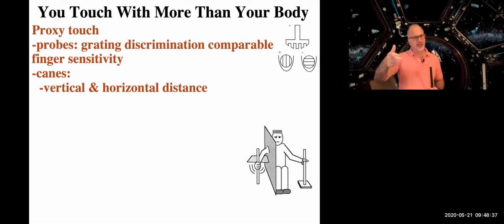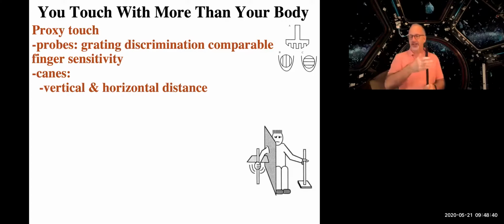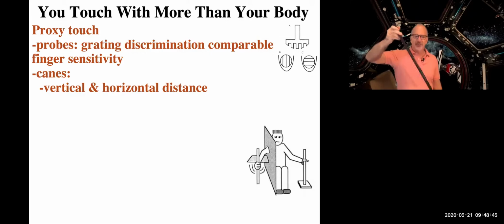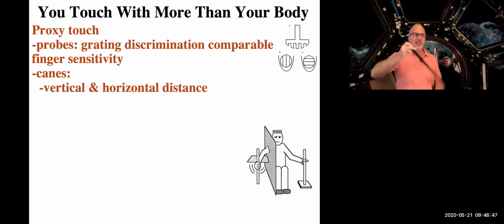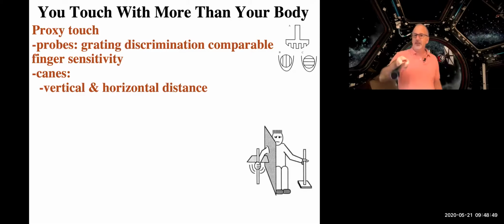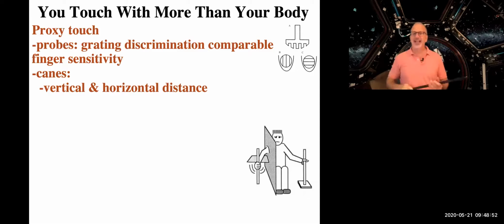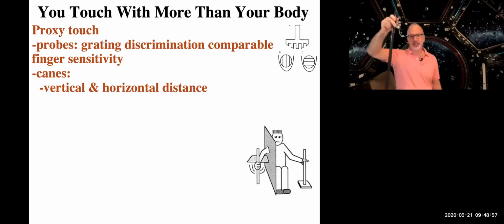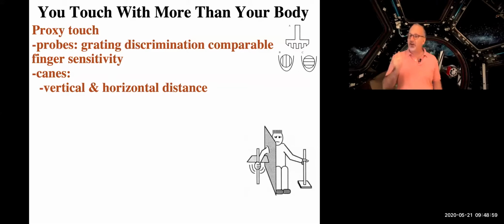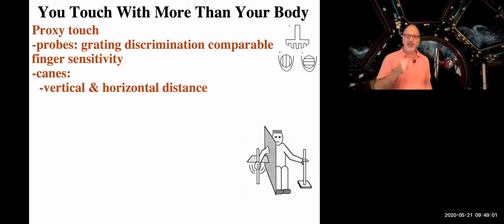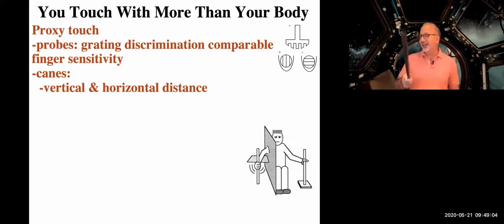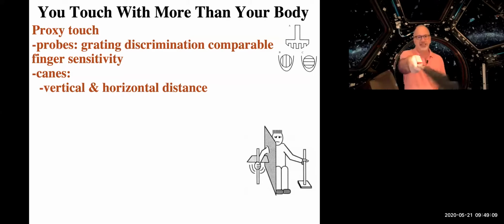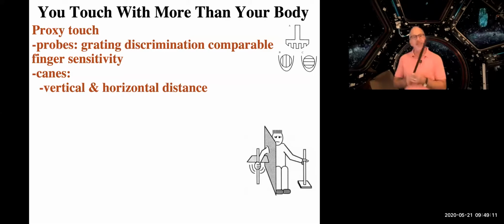Actually, this example here has the cane occluded by a big board, but they can be blindfolded as well. And they're asked to judge things like how far something is away horizontally to them, okay? How far something is away vertically to them. And needless to say, they are very good at it. And they are very good at it even if they are given different size canes. So there's information when you touch something with a cane, not only about how far something is away, but also how big that cane is.